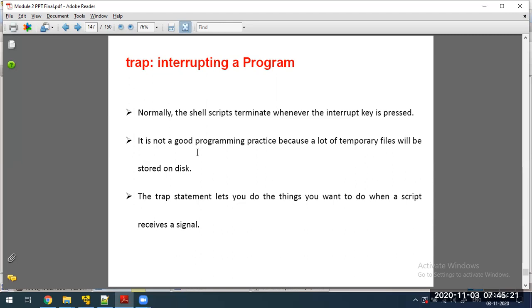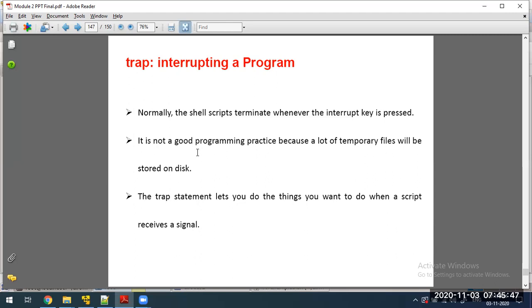That is why it is not a good practice to directly terminate the shell script. The scenario is, you have forcibly stopped the execution of the shell script. In the background, the shell script will terminate, but it will leave a lot of temporary files that consume space and are of no use.